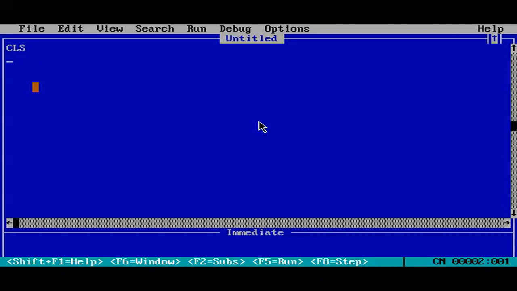Okay, so these are the basic statements for QBasic, which would help you. I'll type a program for you using all these INPUT, LET, and PRINT statements, at least 3 programs: one for PRINT, one for INPUT, and one for LET. In every program, PRINT is compulsory for us to view the output. So first, let's go.